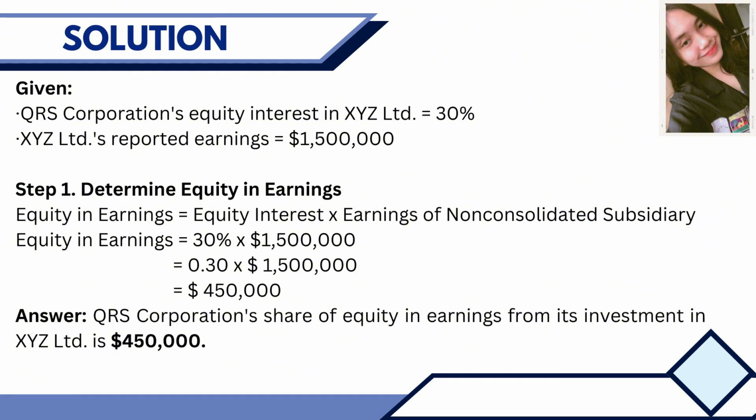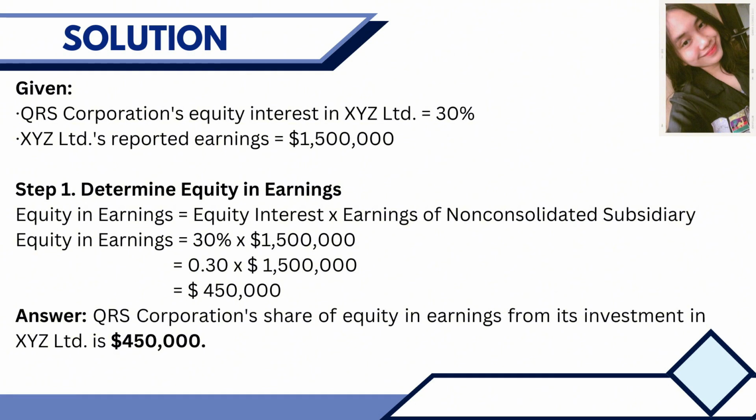Equity in earnings is equal to equity interest times earnings of non-consolidated subsidiary, which is equal to 30% times $1,500,000. Then let's convert percent into decimal by dividing it by 100, which is equal to 0.30 times $1,500,000, and its total is